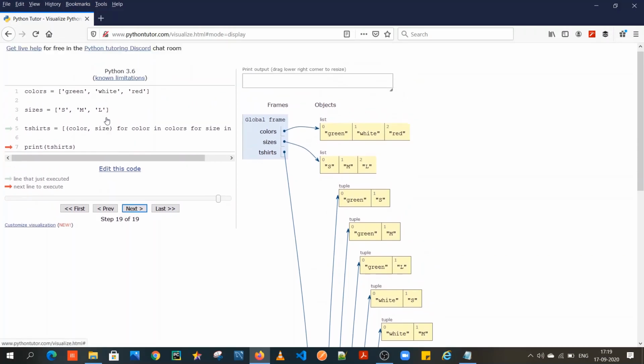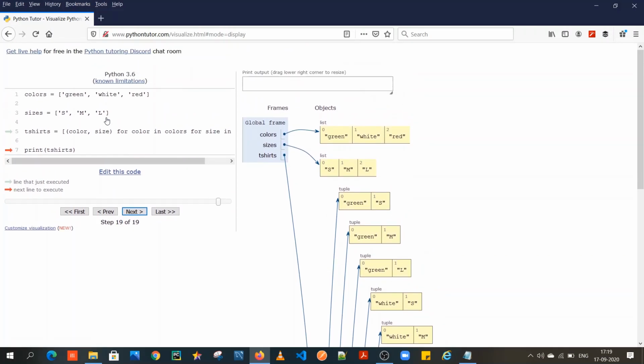So this is how Python Tutor helps you understand the underlying concepts. Any piece of code which is not understood easily, you could just come here and have a visual inspection and actually see what is going on behind the scenes. So the next time you have a list comprehension which you're afraid of, or any code for that matter, you know where to go.